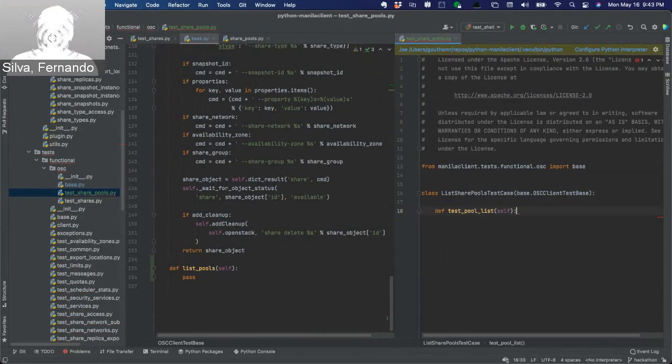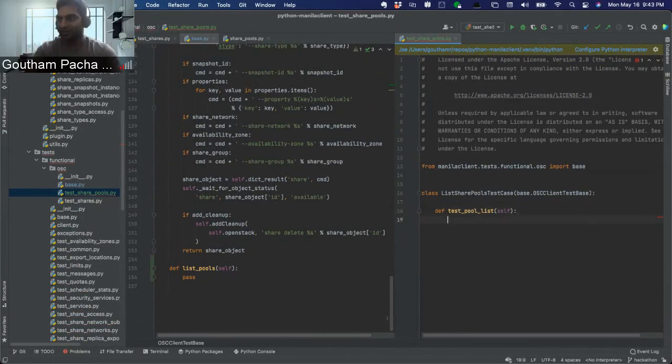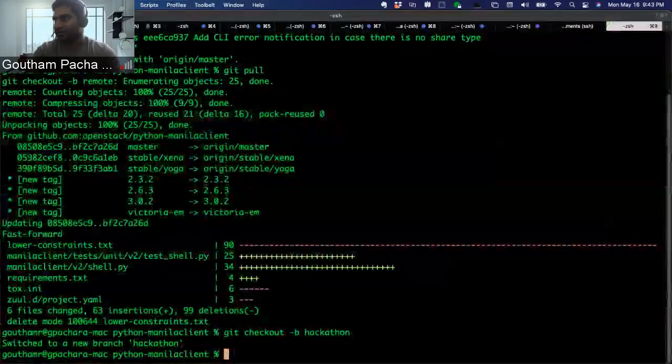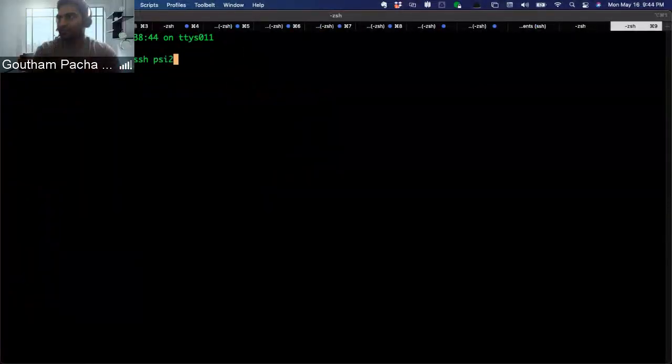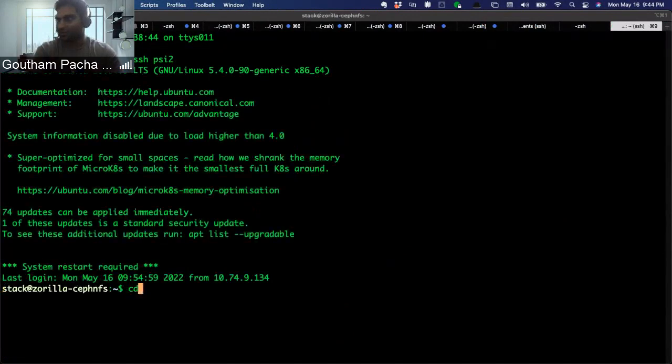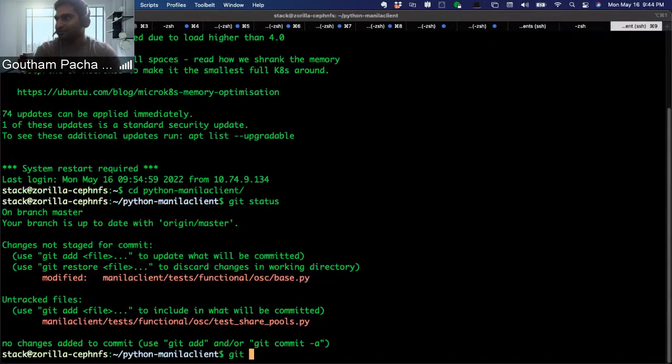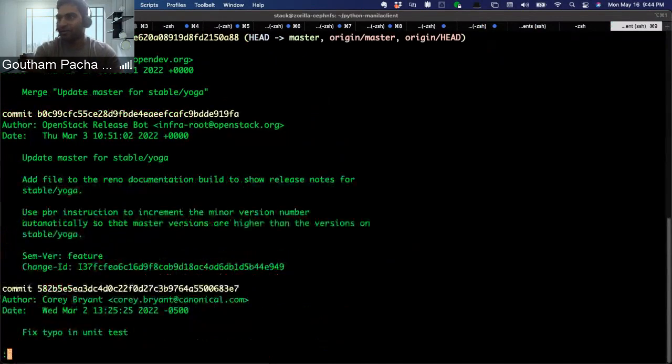So that would be just pool list. So technically, how is this executed? Let's just look at a dev stack. I may not have the latest code here, so just making sure that I have. This is a dev stack machine, and I'm syncing stuff, and it is pretty decent by the looks of it. Yep. Okay, so